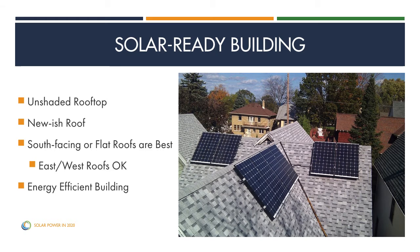The other item that we look at when we're assessing if a home or a business, a facility is ready for solar is the rooftop space. Now we can certainly...